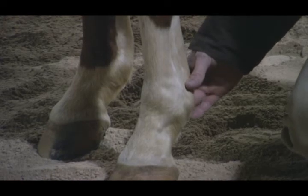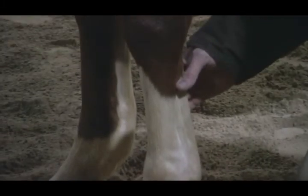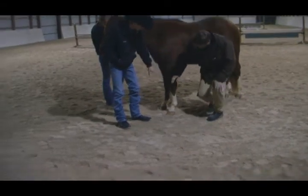And if you do the same thing, press very gently, you can assess the pulse there. Some people even come higher up into the middle of the cannon to do the same procedure. Again, my feeling is I do the best with the larger artery on the face. Why don't you show us, our viewers that couldn't see it from behind, just where it would be on the front so they can...